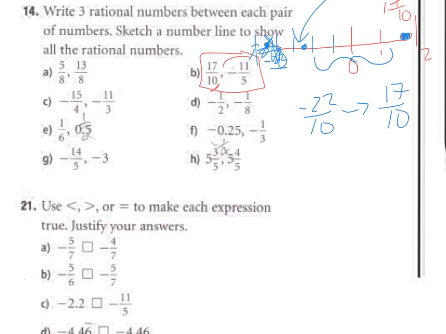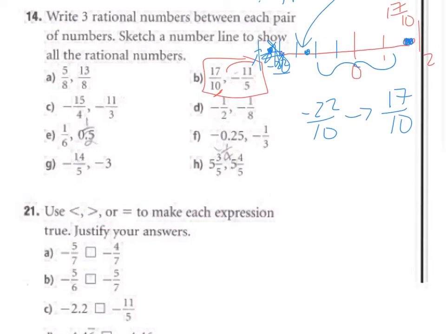When you're looking at questions like, let's do E, 0.5 is 1 over 2. So make the same common denominators. So times 3, and I would compare 1 over 6 and 3 over 6. Now you want to put three numbers in between there. So how do you get three numbers in between there? Because we know that 2 over 6 is between there, but it's a lot more challenging to get three rational